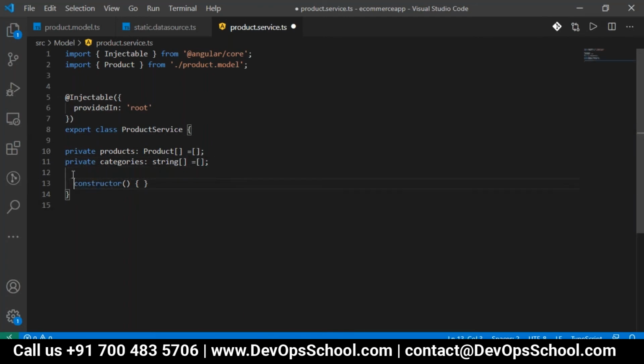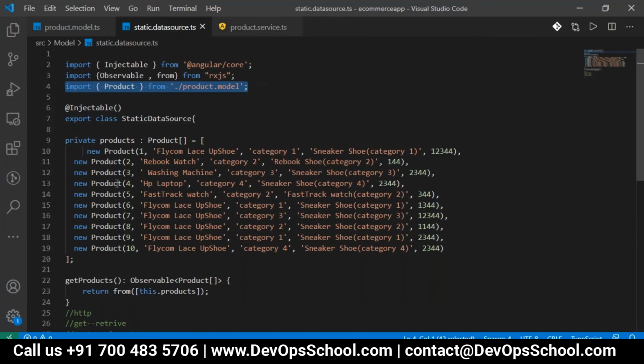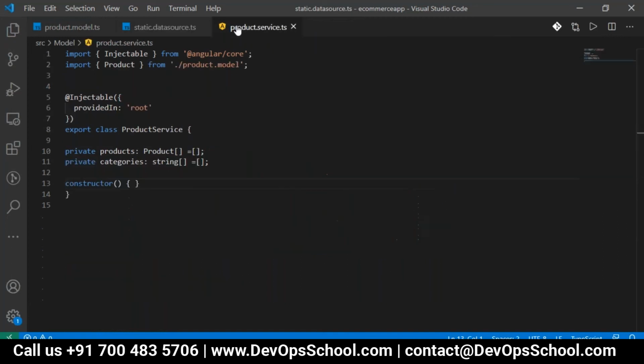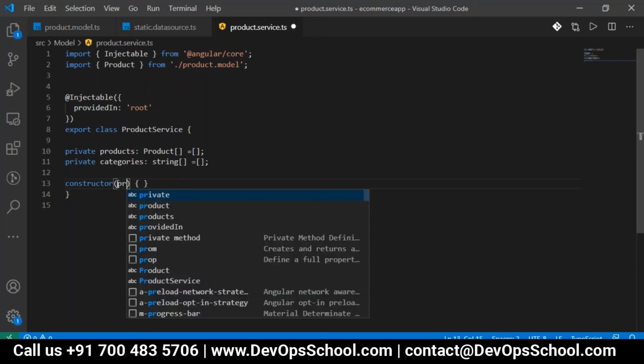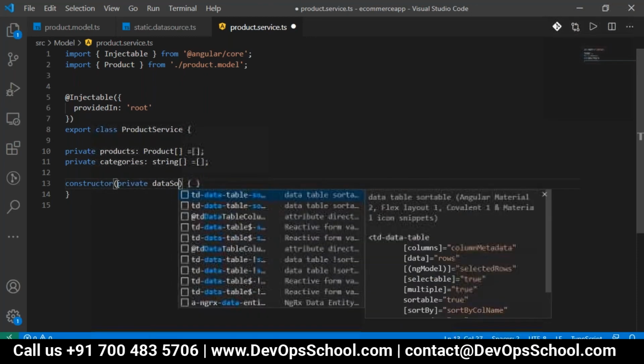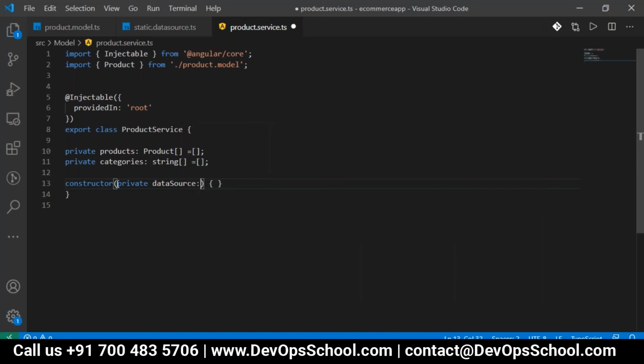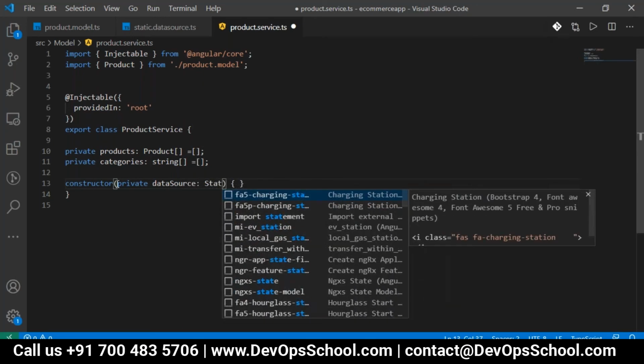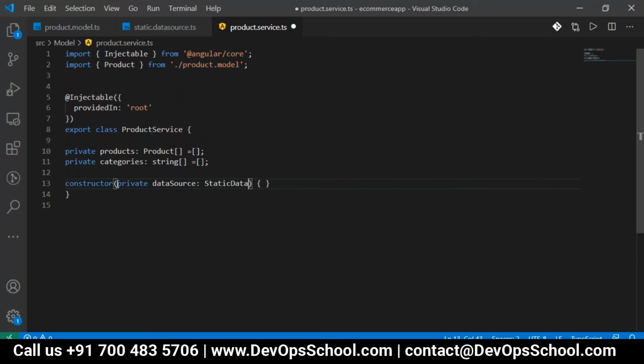Then I want to access the data from the static data source. If you see, we have a product ID, product name, and a category. So I want to get the categories as one array. The entire product should be in the product array. To access it, we require a data source. I will take it here. Data source. What is the class we have to work on a data source, which is static data source?